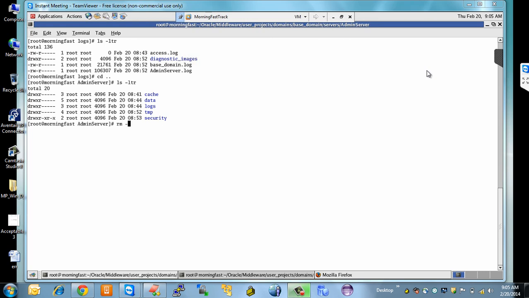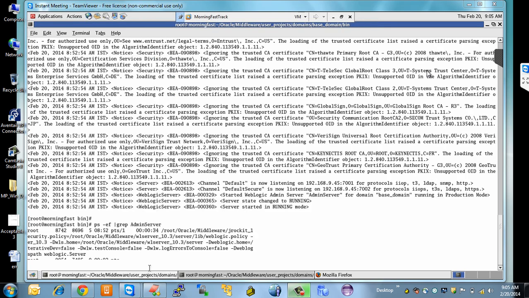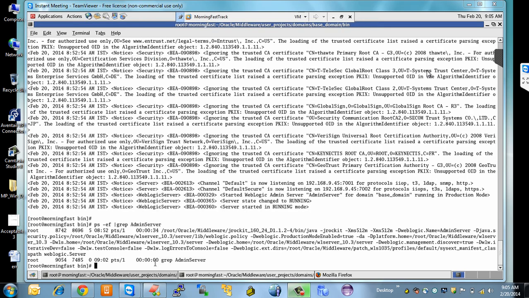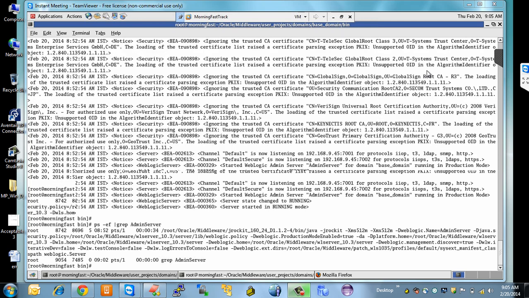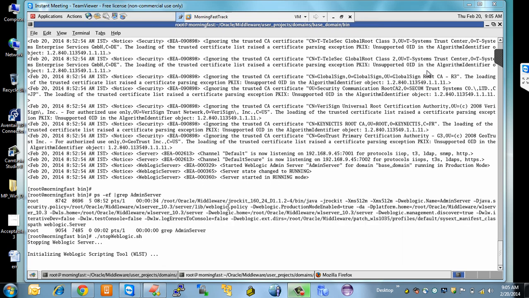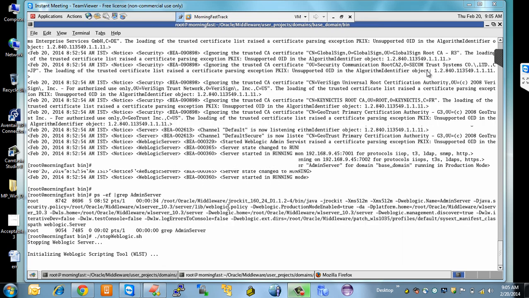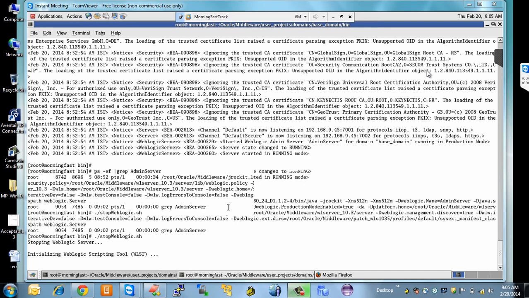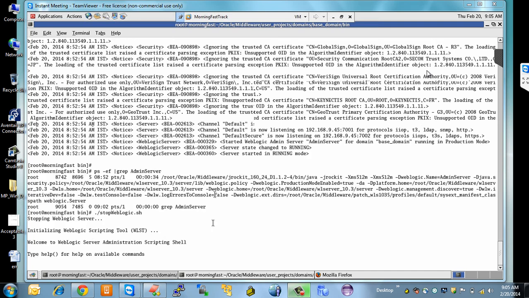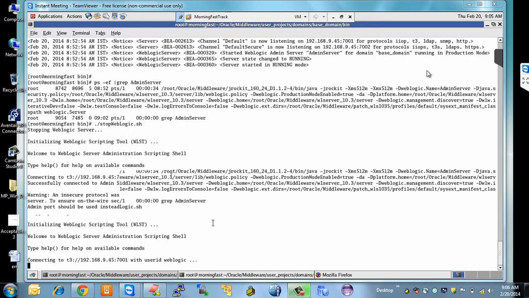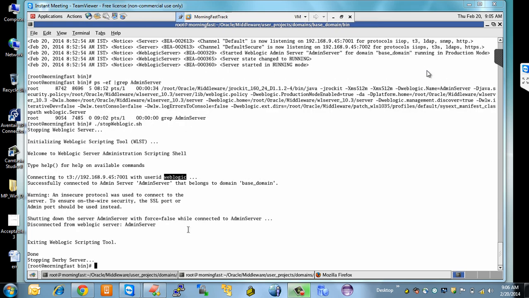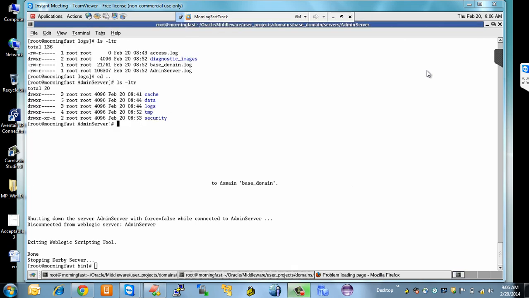I'm going to use rm -rf. First, if you see this stop command, it is not going to ask you the username. Straight away it is picking up from the file with user ID weblogic. Now what I'm going to do is again